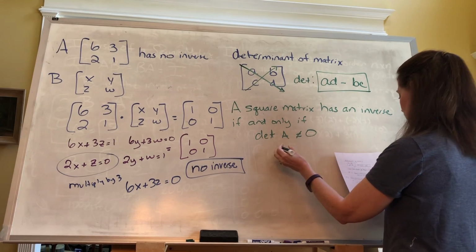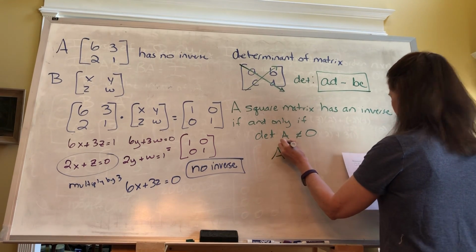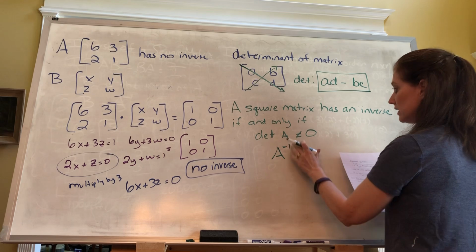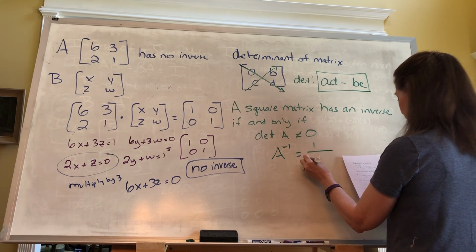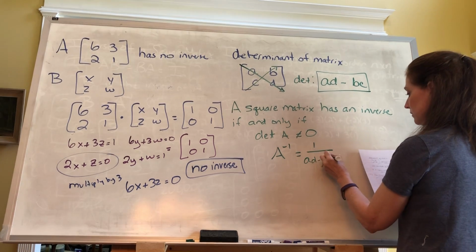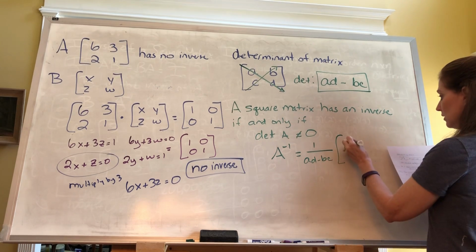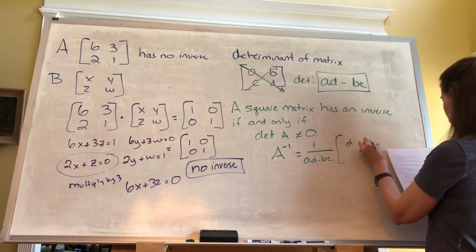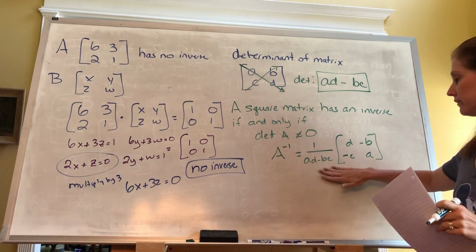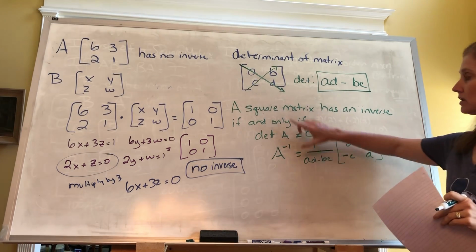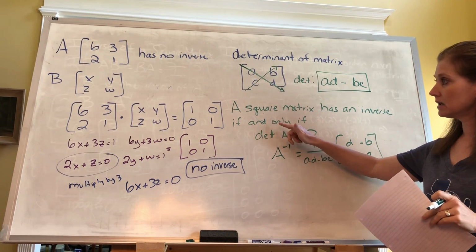And then, if that's true, then A to the negative 1, so the inverse, would be 1 over AD minus BC times the matrix D, negative B, negative C, A. Okay, so you can figure out, first you would take your matrix and